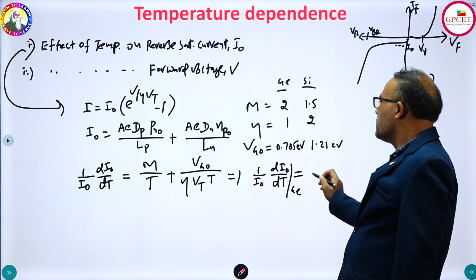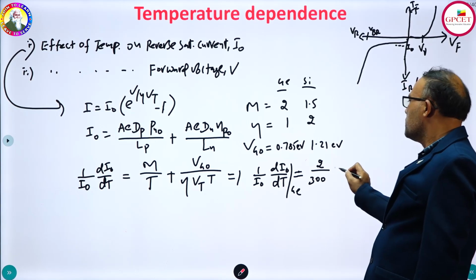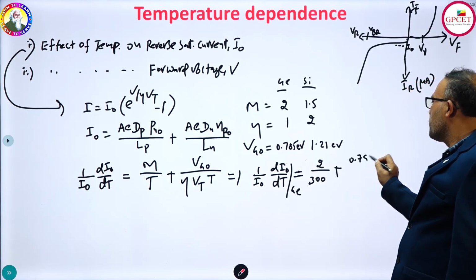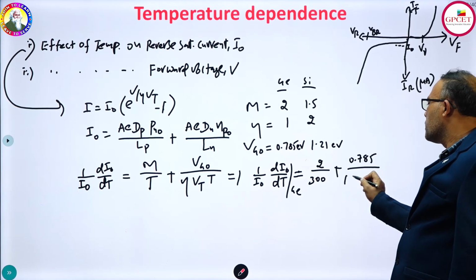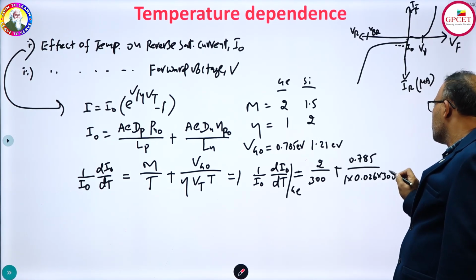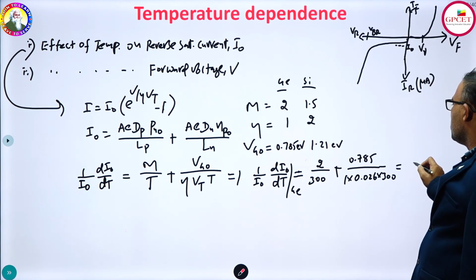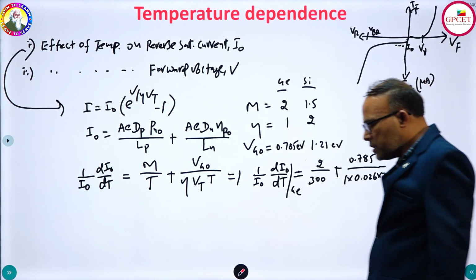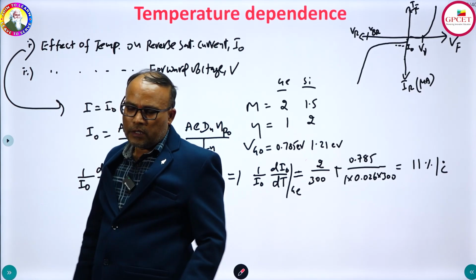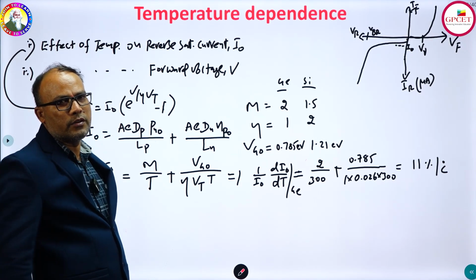So you get here M by T, where capital M is 2 divided by T, T is 300 degree Kelvin at room temperature, plus Vg0 is 0.785 divided by eta, which is 1 for germanium, into Vt, 26 millivolts, that is 0.026, into capital T, which is 300 degree Kelvin. If you substitute it, you will get 11% per every degree C rise in temperature. That means for a germanium diode, its reverse saturation current changes by 11% for every 1 degree C